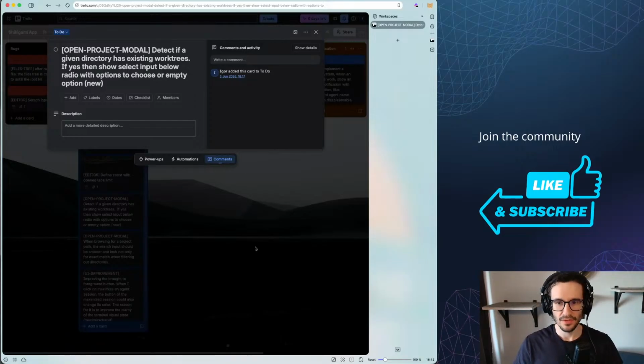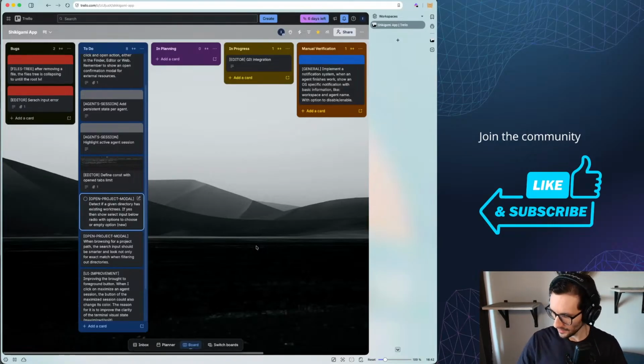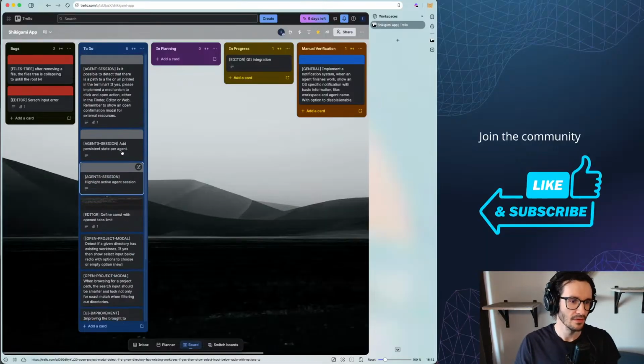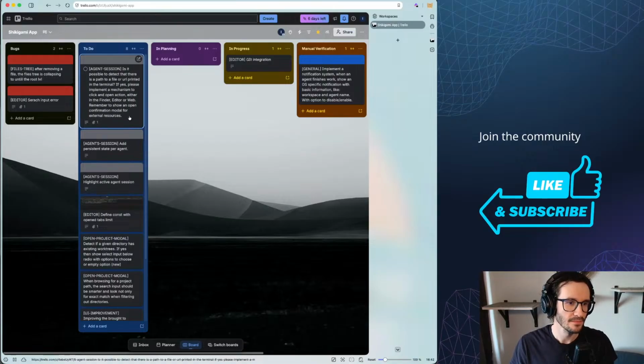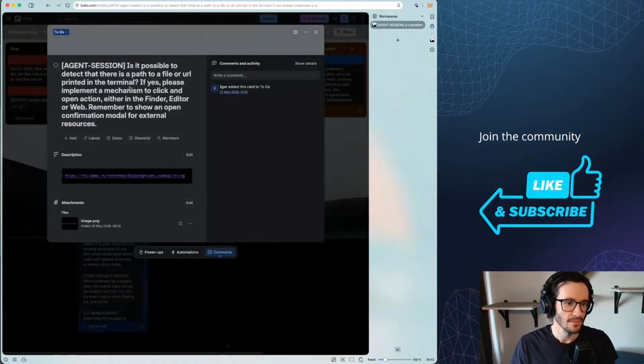Whenever you start a new workspace, it would be nice to have an option to start an agent session within a work tree. Yeah, and that one.